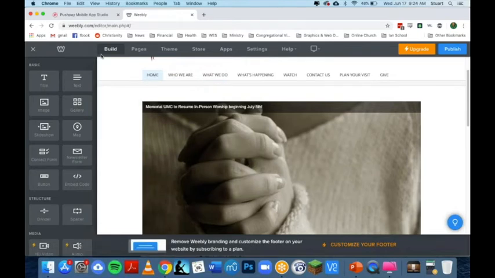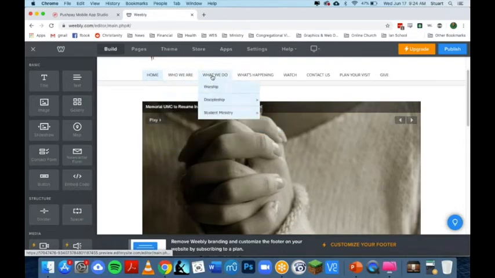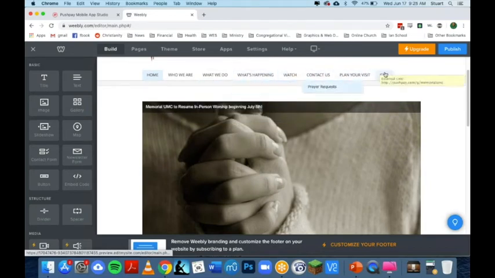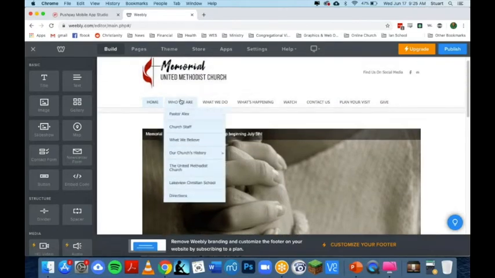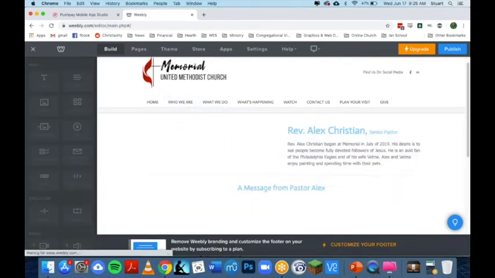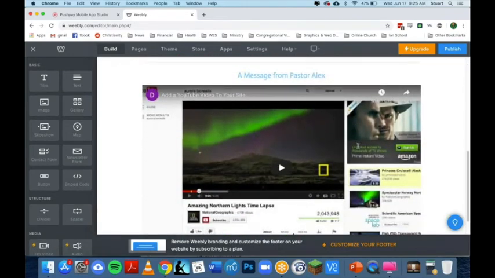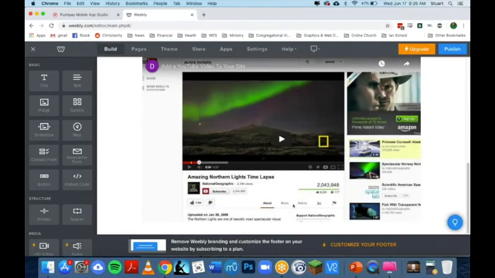But anyway, we have the menu up here, and you'll notice each menu has a drop down. And some of the drop downs have an additional menu. So each one of these, we've got some different pages going on here, and you can just kind of cycle through. And in order to edit each one of these pages, you could just click on the pages, and then you can just get in here and edit and all of those things. Or